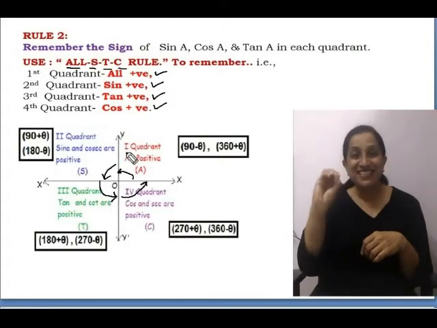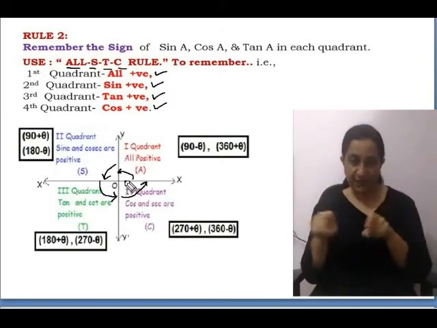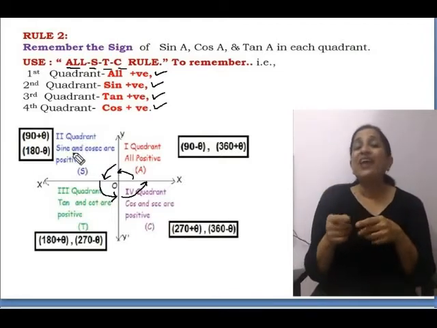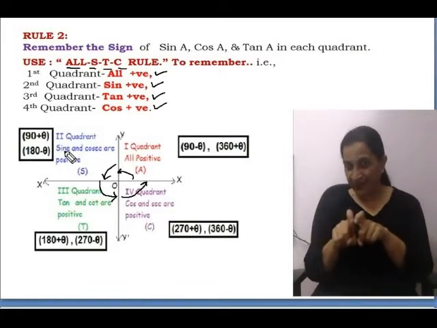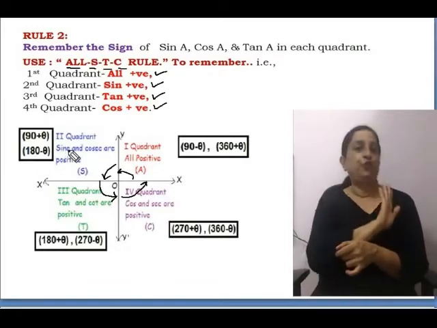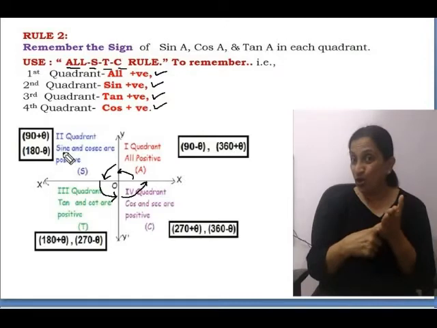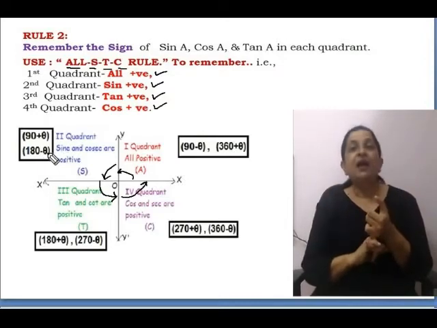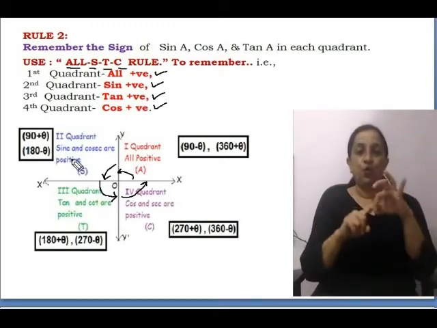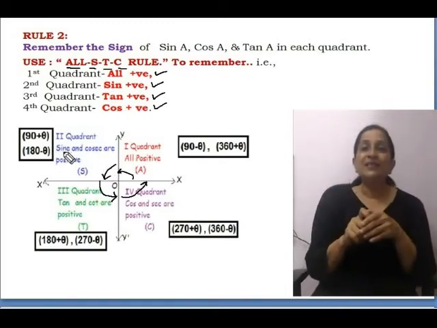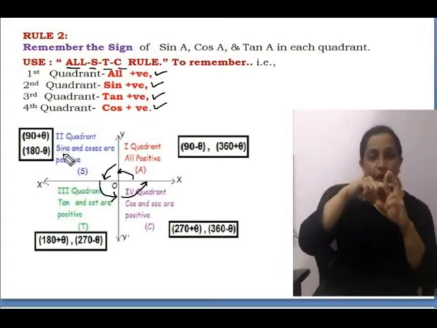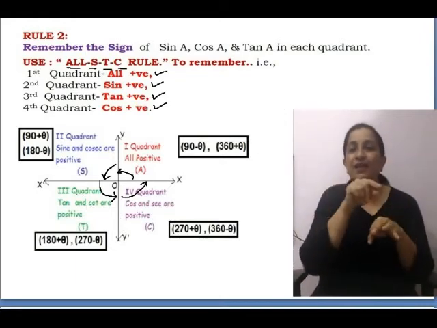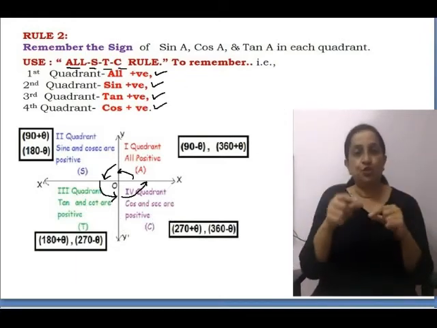So while getting the values, if there is an answer which is in, let us say, the second quadrant, then sin cannot become negative. Sin has to be positive. So your answer you can always check. So if it is sin of 180 minus theta, that is in this quadrant, then it will be sin theta, it will be plus only. Like that you can determine the values of these trigonometric functions.